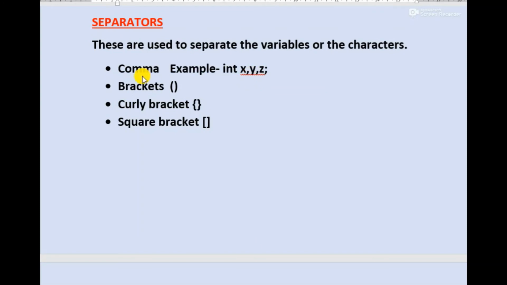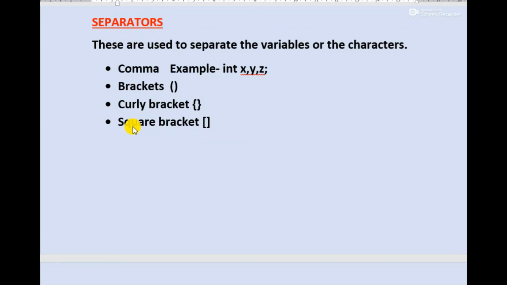The second one is brackets. The bracket separator is used to enclose any arithmetical expression, and we can also use it for showing some output within an output statement. The next one is the curly bracket separator, which is used to enclose a group of statements.